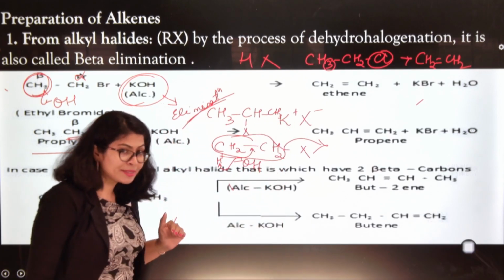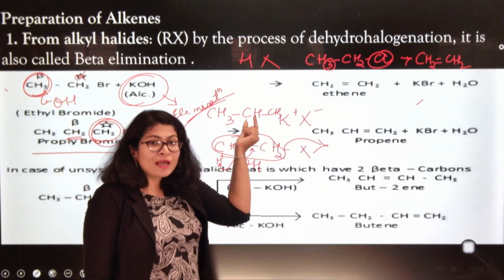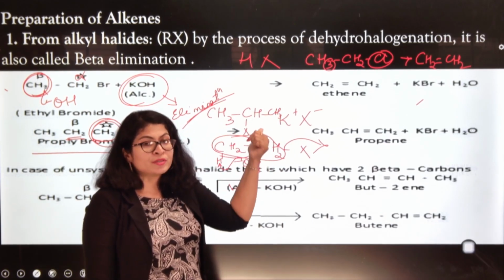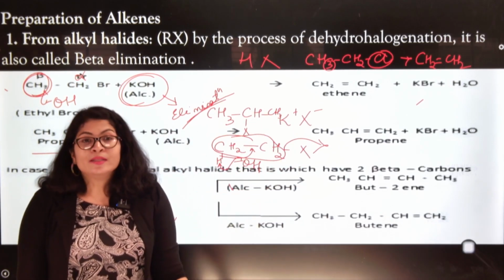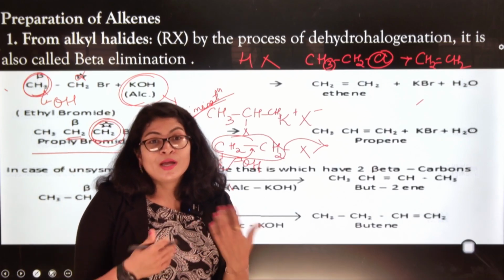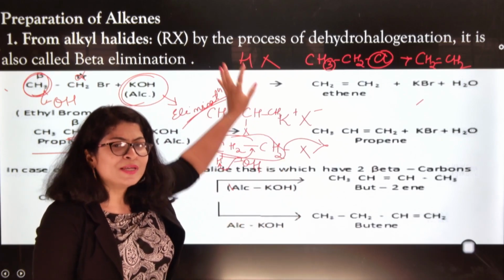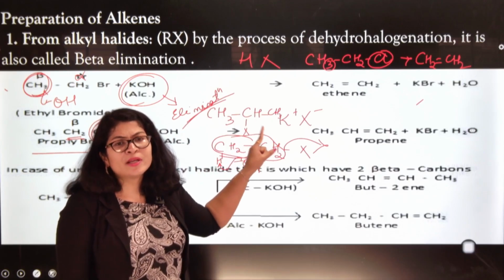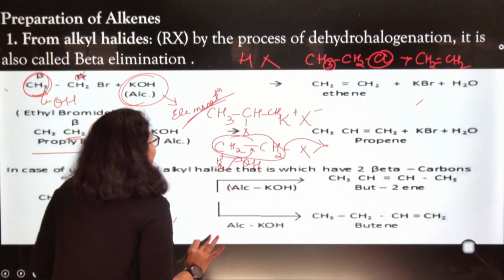Now the problem arises: for this carbon to be alpha, it has two beta positions, one on the left, one on the right. Then in that case, from where will the hydrogen be removed? Now if I see this example, then both the positions are equivalent to me. But imagine if I am